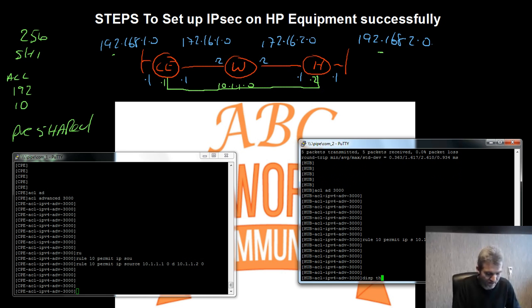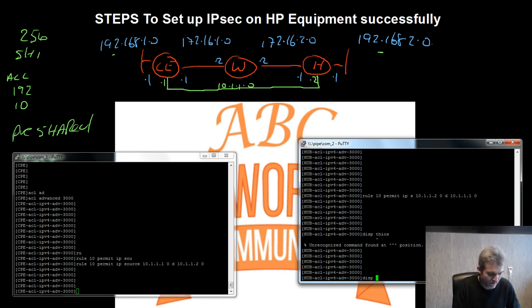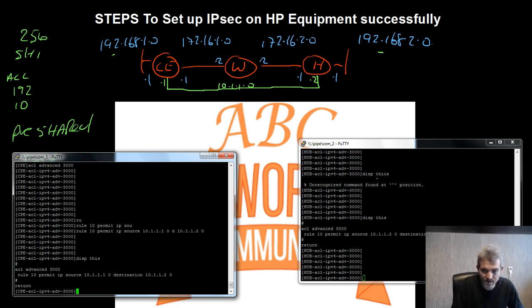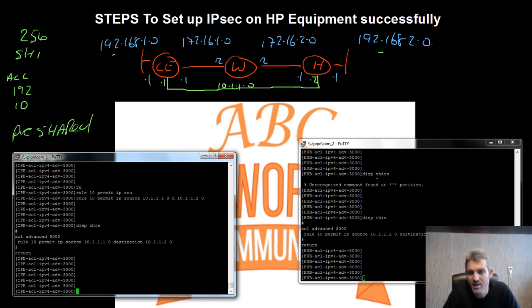Okay, if I do a display this, oh, that was interesting. Okay, I have that over there, and if I do a display this, I have this guy. So coming from 10.1.1.1 going to 10.1.1.2, and going from 10.1.1.2 going to 10.1.1.1, vice versa between the two. Okay, so that's pretty cool at the moment. I also want to say